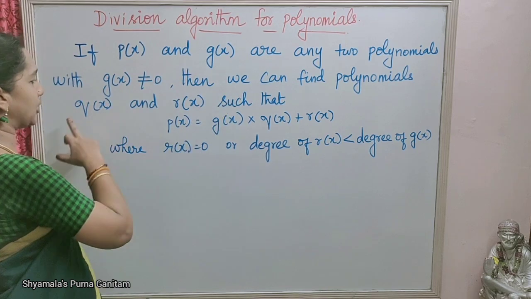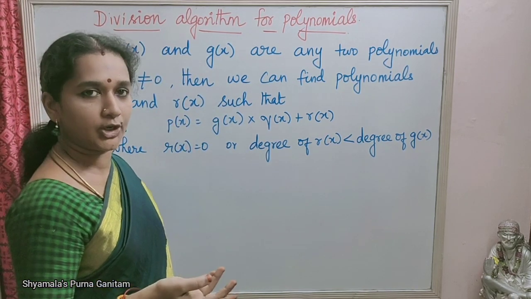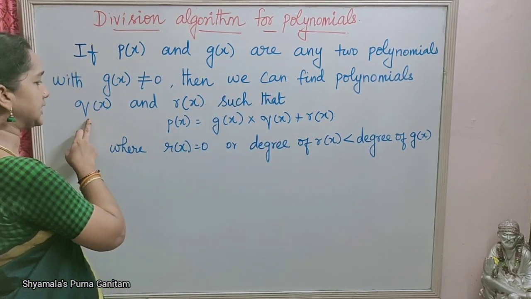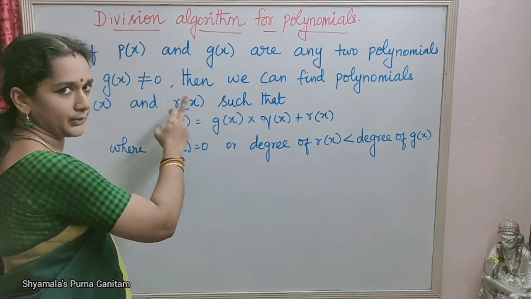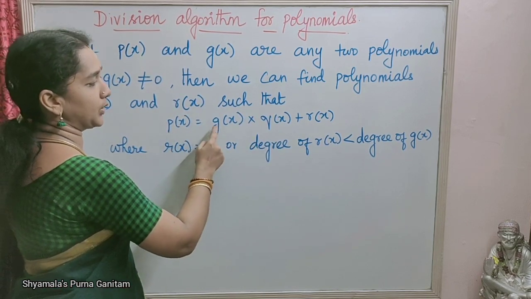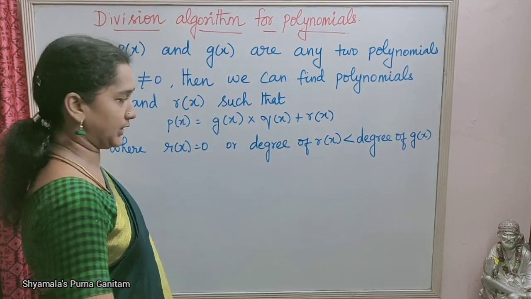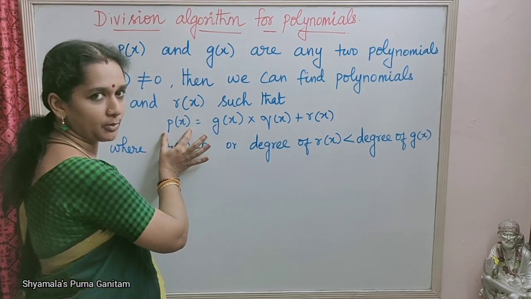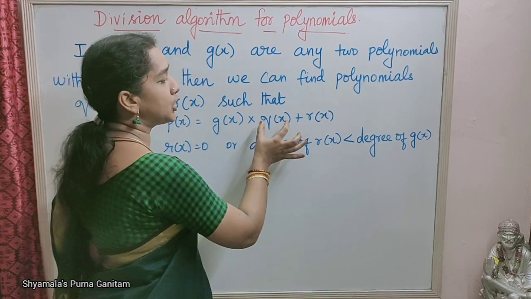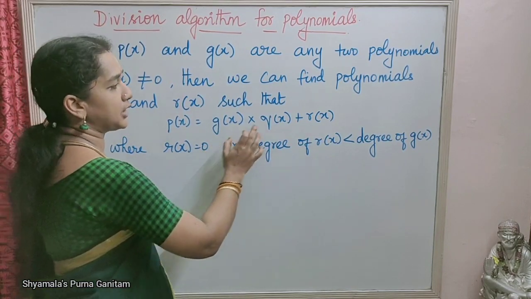We will find the polynomials q of x and r of x, so everything in the form of polynomials we will get. So we can find polynomials q of x and r of x, where r of x is the remainder, such that p of x is equal to g of x into q of x plus r of x. So p of x is the dividend, equal to divisor g of x into quotient plus remainder, where r of x is equal to 0